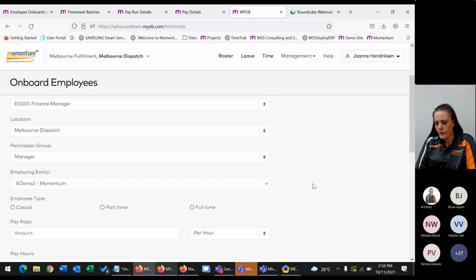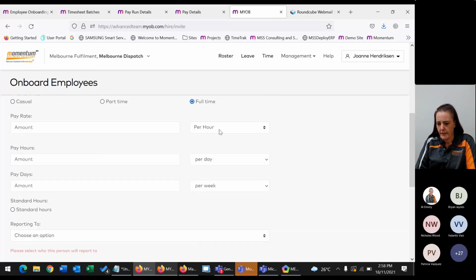So that permission group level just allows them to log on to the workforce management. And if they are at a manager level and they have employees underneath their management, they'll be able to see those employees' details and to be able to see their roster and timesheets.